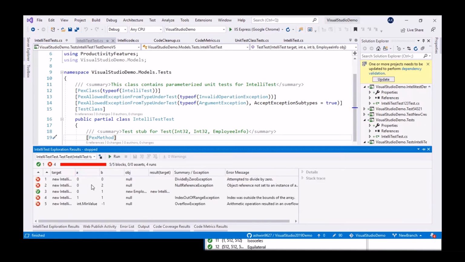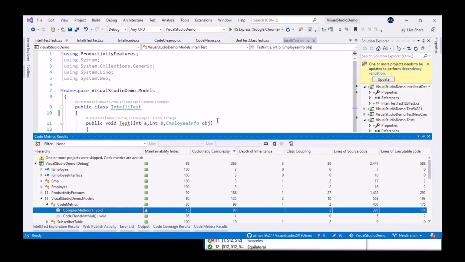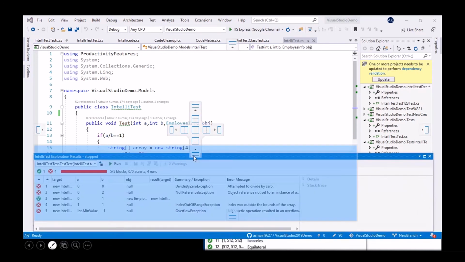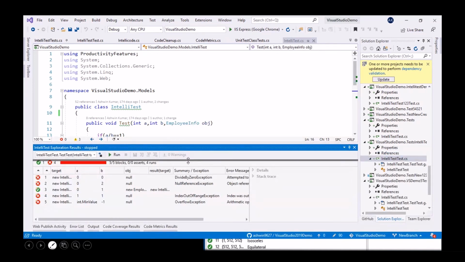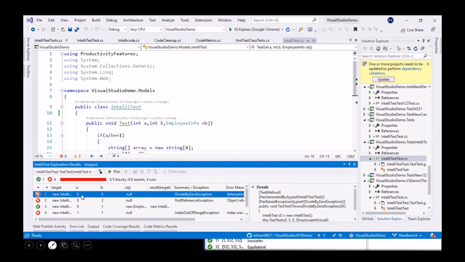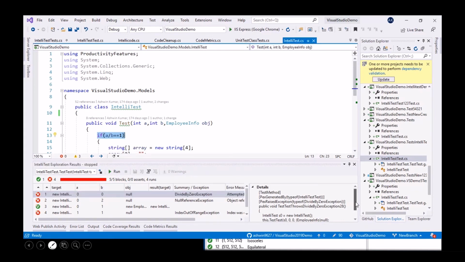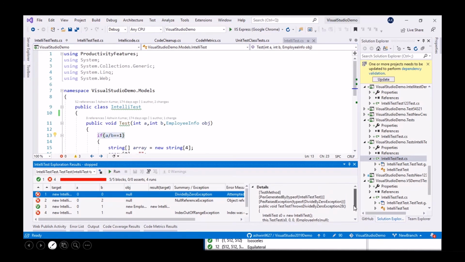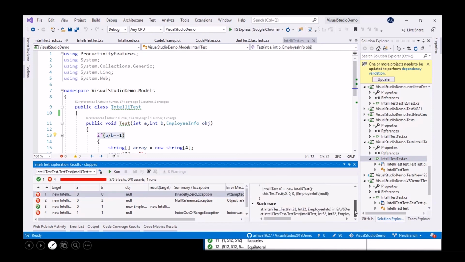It's loading. As you can see, I have 4 failed cases and only 1 passed test case. That means I need to take notice of this method and rework on that. We'll go back to this and I'll show you what the error is. Yeah, here there is a divide by zero exception, as I already told you. It is arising here at A by B. If you want the stack trace, it is available here. You can see the details of why it failed. By clicking on stack trace, you get which line, everything.